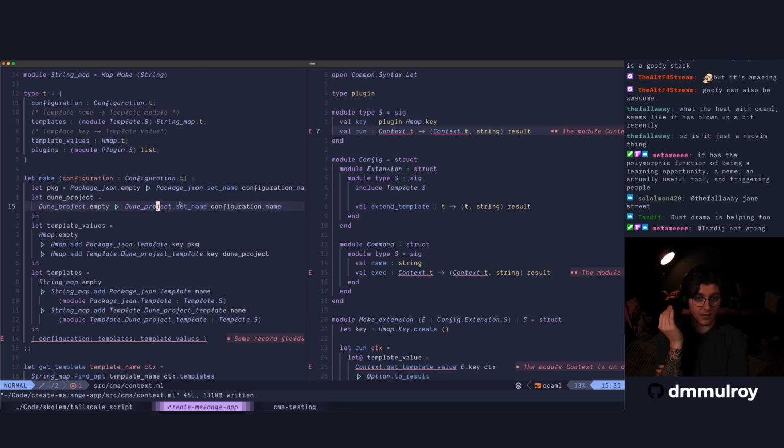Yeah, Rust drama, not gonna lie, it does help, right? Because OCaml is basically Rust without the borrow checker, or it's basically garbage collected Rust. What else? Then you have streamers like TJ DeVries and Primeagen talking about OCaml, which also helps bring it to the limelight. So I think the intersection of all of that is helping boost it. And